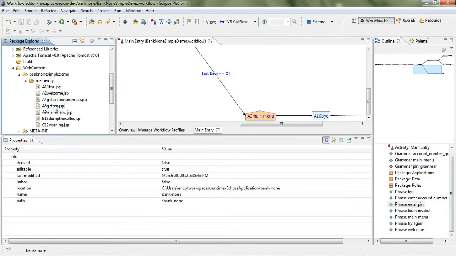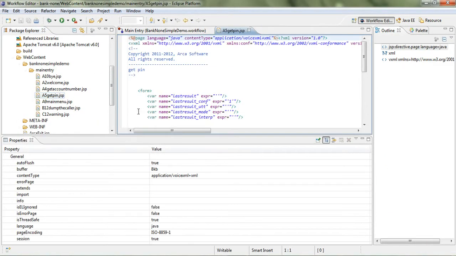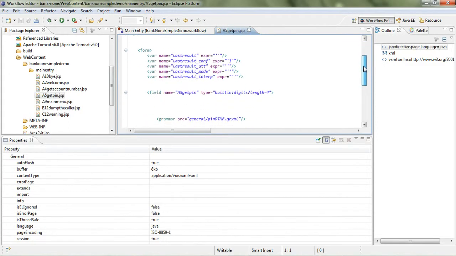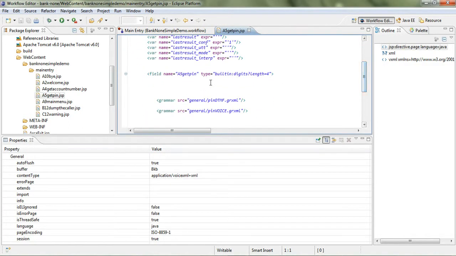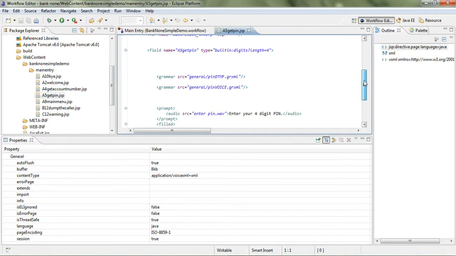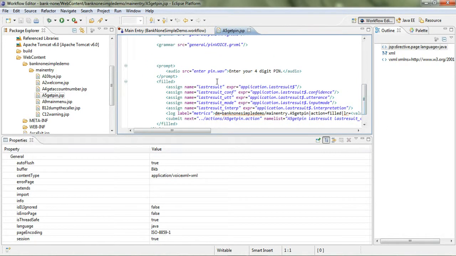Let me show you the PIN page now. We're storing them as JSP pages. You can see here it's generated VXML, and there's the built-in grammar that it's using. You can see here the other two grammars we referenced. It also put in external references for those. Playing the prompt, you can see it's referring to enter pin.wav, providing the backup text,